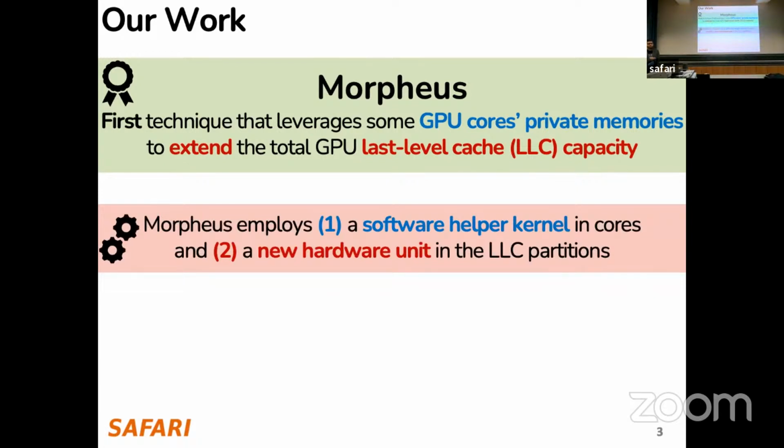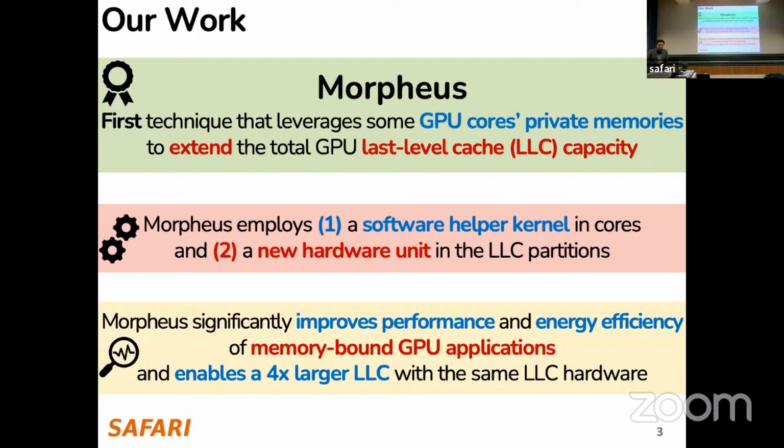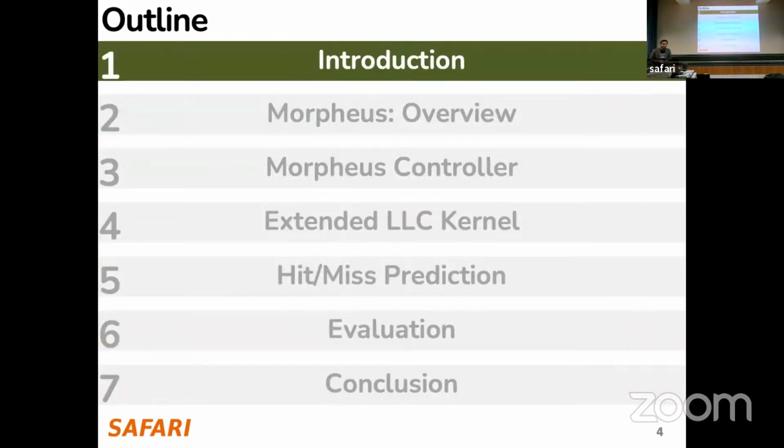And to this end, Morpheus employs a software helper kernel in cores and a new hardware unit in LLC partitions. We will get to what these terms exactly mean. Morpheus significantly improves performance and energy efficiency of memory-bound GPU applications and enables up to 4x larger LLC with the same conventional LLC hardware. So with this short introduction out of the way, let's go to a more in-depth introduction